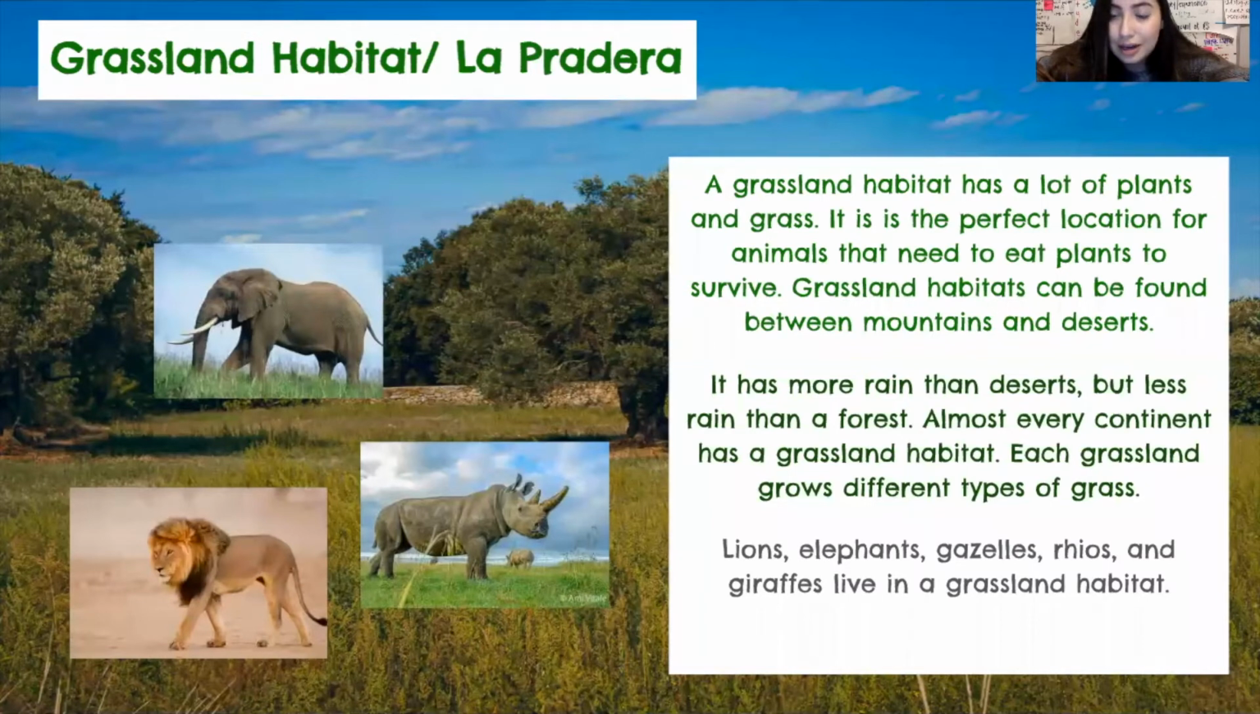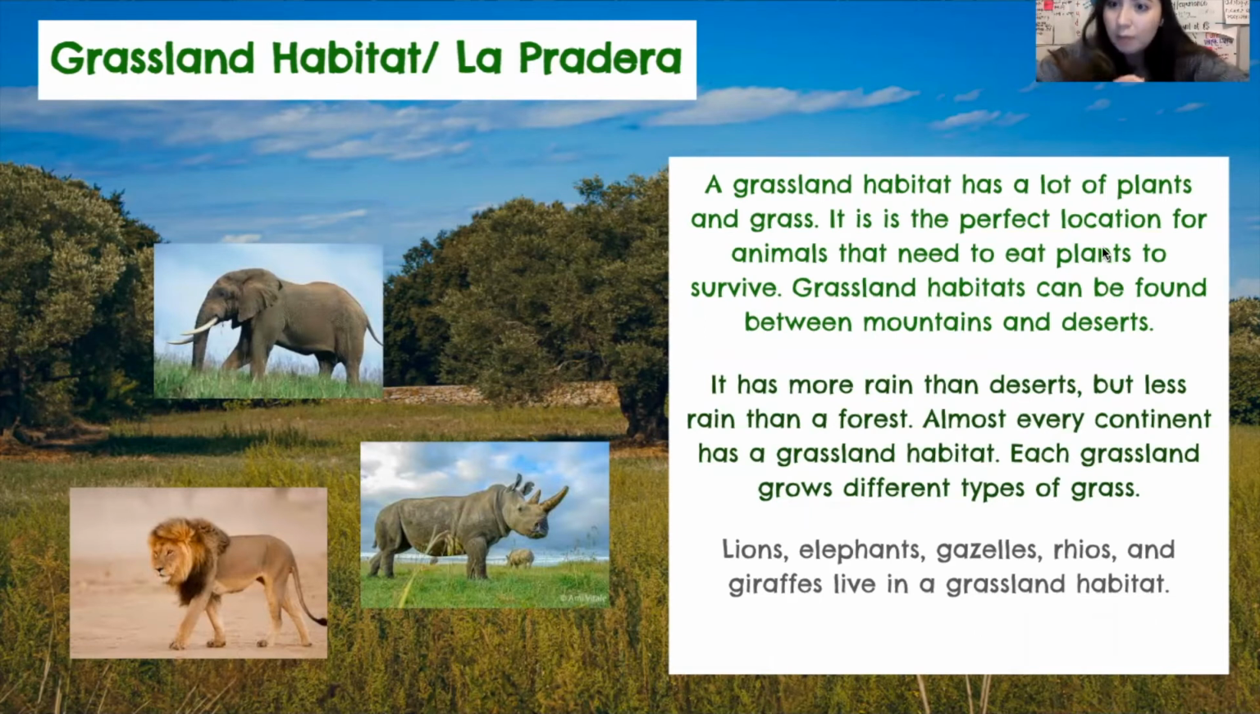So a grassland habitat, as you can see in the picture, has lots of plants and grass. It is the perfect location for animals that need to eat plants to survive. Grasslands can be found between the mountains and the deserts because you need water to be able to grow grass. Grassland habitats get more rain than the desert so that the grass can grow, but less rain